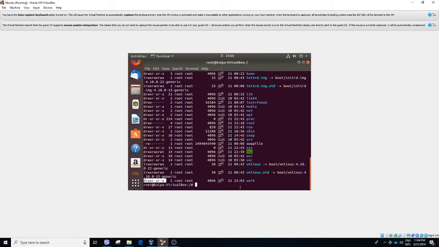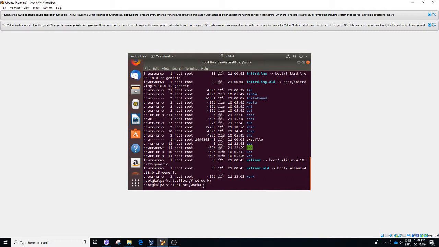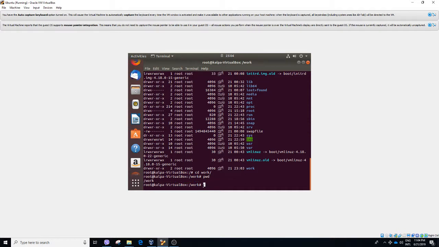If you want to change the permission, it's still possible with another command called chmod. If you're not familiar with chmod, please look into that later. I will discuss the chmod command later, but now we are going to go inside the work directory. cd work, pwd. Okay, in here my name is Kalpa, so I'm making another directory called